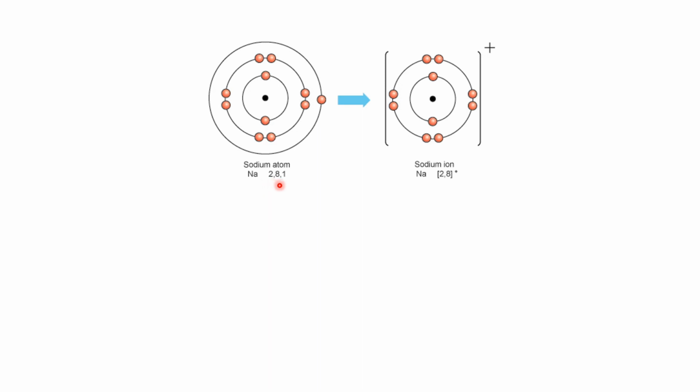But in the next orbital, only 8 electrons can be accommodated at the maximum level. So 8 go in the second orbital. Now 1 electron is remaining and 1 electron goes in the third orbital. Still, the third orbital has a limit of 18. So if there were extra electrons, they could be accommodated in the third orbital. But till now, in the first orbital there are 2 electrons, in the second there are 8 electrons, and in the third there is 1 electron.